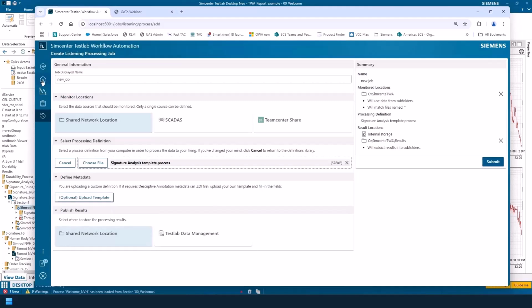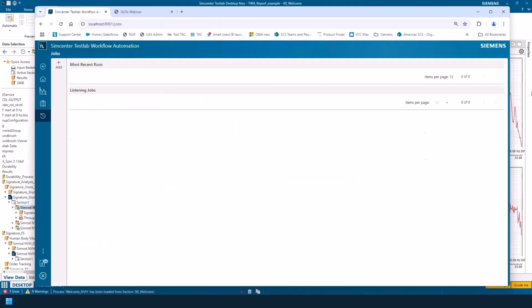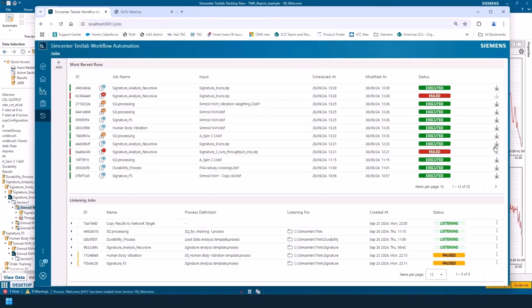Okay. If I want to go back to my jobs table, here's my jobs dashboard. If I didn't want to get the network location and find the data manually, I could always use this down arrow here, and that would download the project data for each of these different runs. So you can see it downloaded as a zip file. You would extract that, and you would get your project with the 3 process runs.